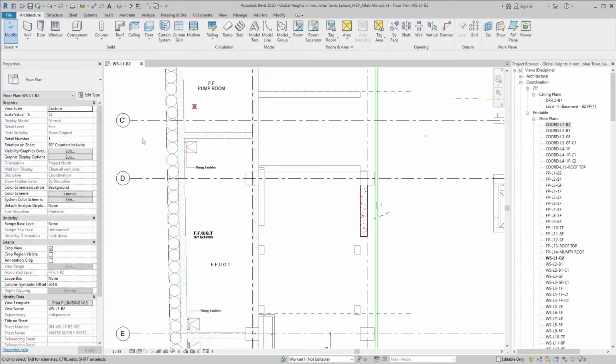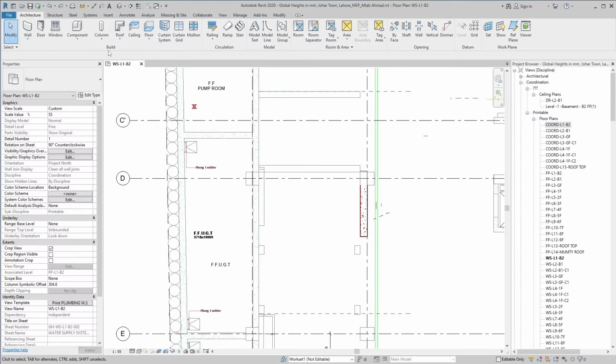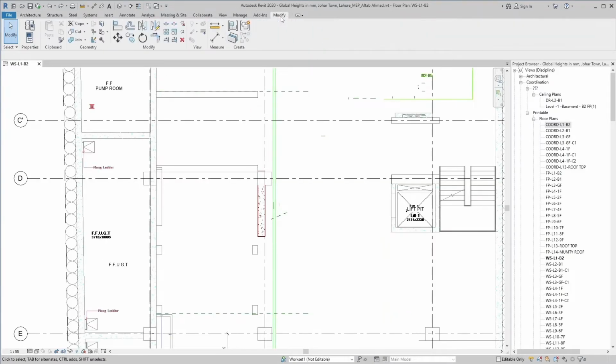To maximize the drawing working area, the properties palette can temporarily be hidden and displayed as needed. It can be accessed by right-clicking on the drawing working area and clicking properties in the context menu, or with the properties button in the modify tab.